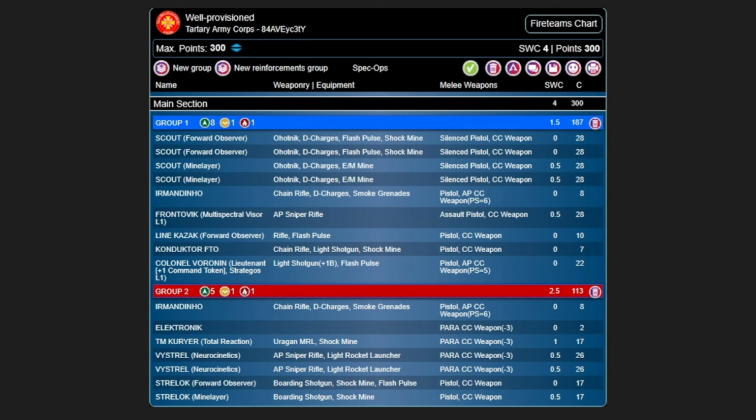Now, whether the Vistral is a good piece or not is a bit mixed. It's a neurokinetics piece, and neurokinetics pieces are almost by definition purely defensive. It's very difficult to take offensive attacks with them, although I will this game on one occasion. And locking points into purely defensive pieces does very much limit your flexibility. But if ever there was a scenario in which the Vistral is really, really well suited, it's in exactly this